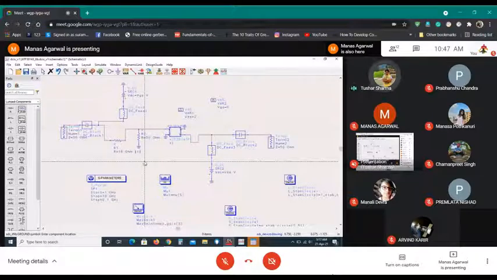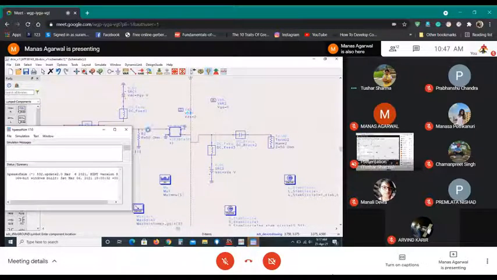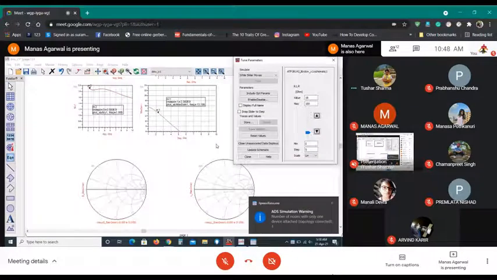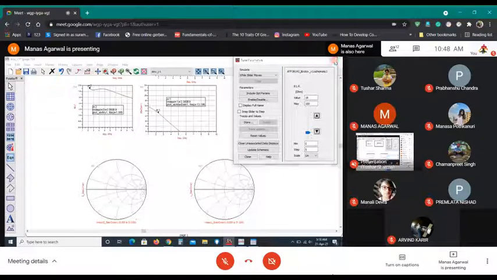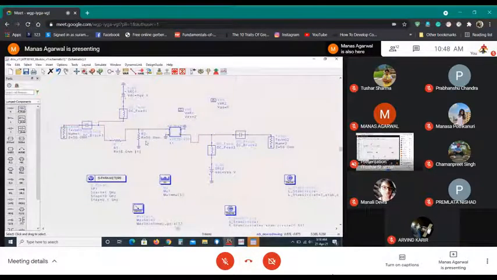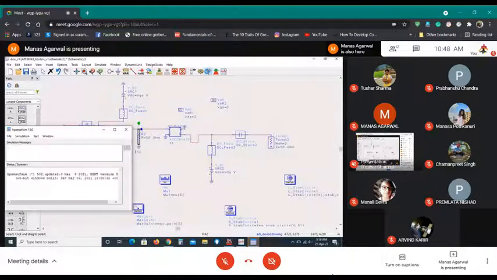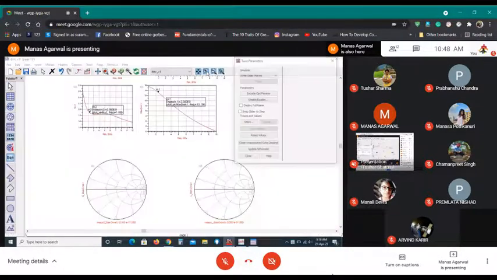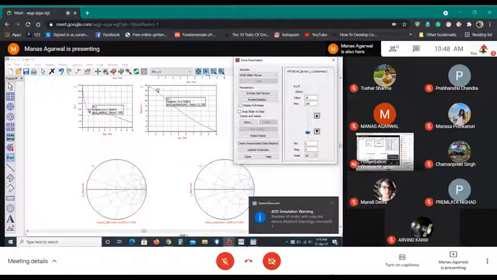And now tune both of them. So how to tune both of them simultaneously?